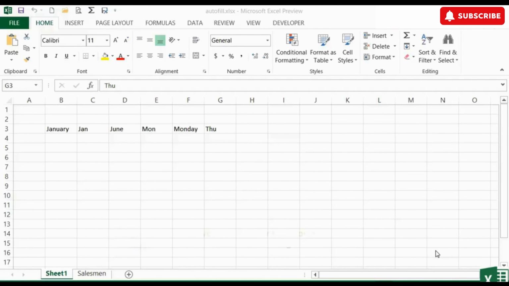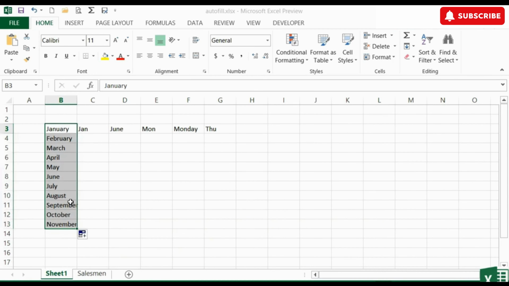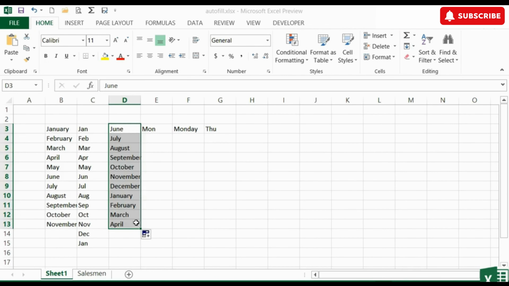We've already seen and played with the fact that the fill handle can auto-fill some lists for us. That is, if we start with January, take the fill handle and drag, it will automatically start going through the rest of the year. The same with the abbreviated Jan. That will go through the rest of the year and start again once we get to the end. You don't actually need to start in the beginning. If we take June, for example, that will quite happily continue to the end of the list and then start